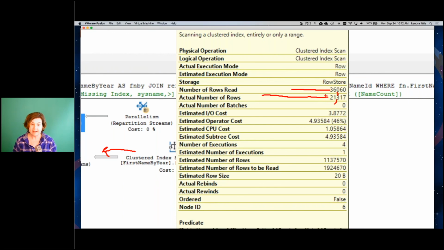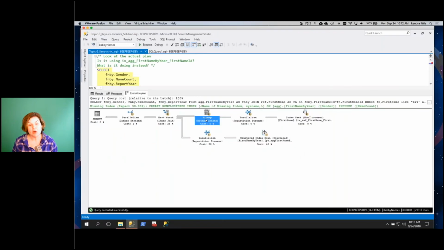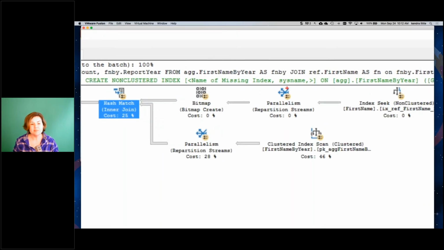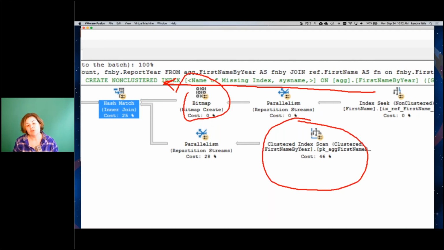So it was able to make this clustered index scan pretty efficient by saying, oh, I'm going to take a shortcut. It's sort of like chutes and ladders. Instead of doing all of the work over here in this join, because I have to process this thing first, and I'm going to create a hashed set of the first name IDs I want, I'm going to go ahead and filter out here before I even send rows into the join,